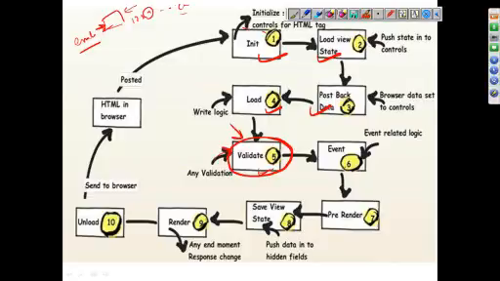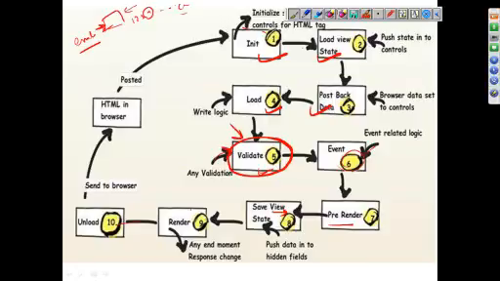Then event related logic. Event related logic is whatever event you are causing, the control specific event, like drop down list selection changed or button click. Then pre-render, save view state, render, unload.